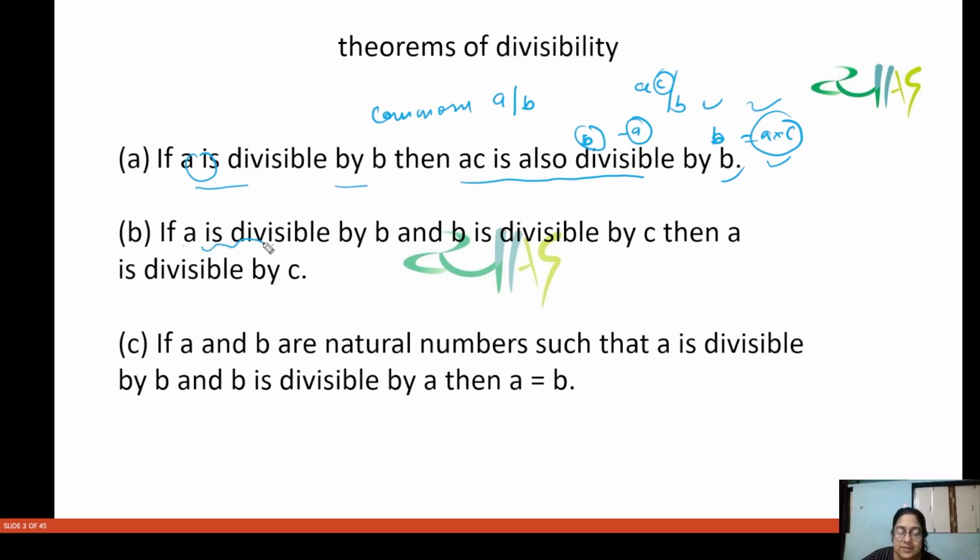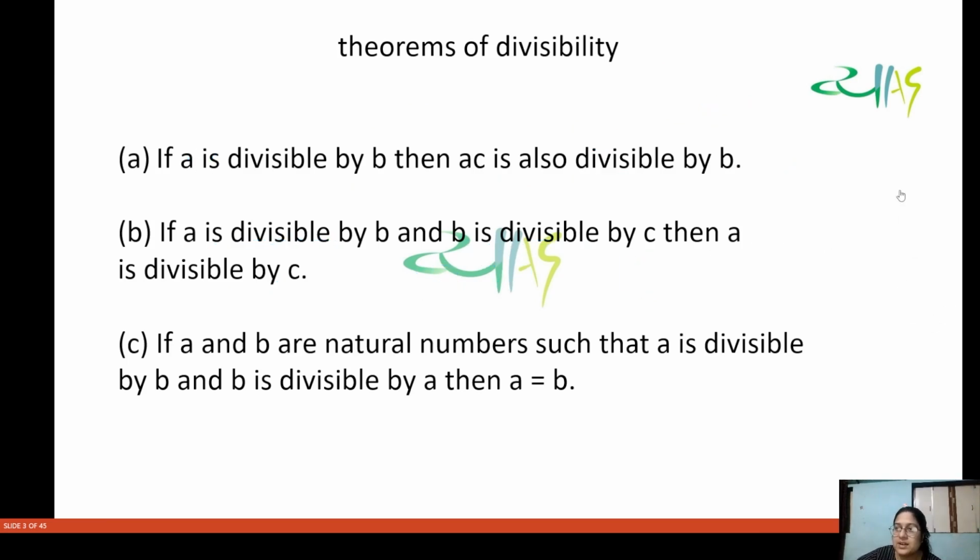It is saying that if A is divisible by B and B is divisible by C, then A is divisible by C. So what it is saying is that B is a factor of A and C is a factor of B. Okay. So that means C is a factor of A. Okay, so if we want to visualize this in the form of a number, let's say take